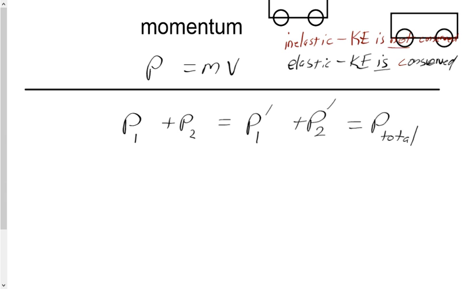Now that we know that mass times velocity is momentum, we can now substitute in for P1, we're going to put M1 V1. And then for P2, we're going to put M2 V2. So this right here is the momentum total. So we've got this in turn equal to,